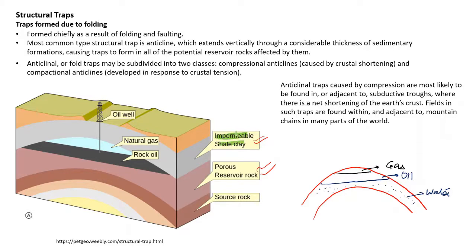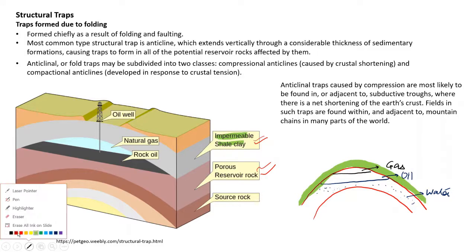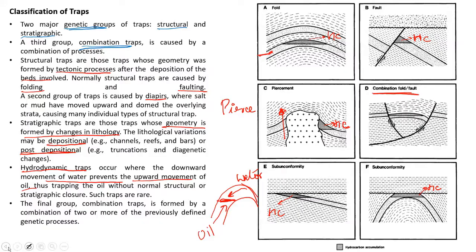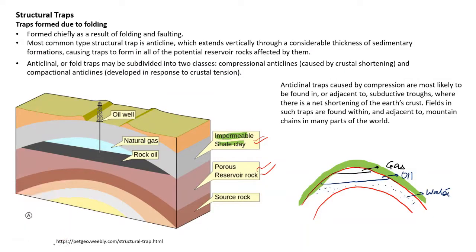If this is a reservoir rock, it is bound to have high porosity and permeability unless there is a seal, an impermeable layer over here, which does not allow the hydrocarbons to migrate vertically. If it doesn't allow this to move vertically, then this is called a seal